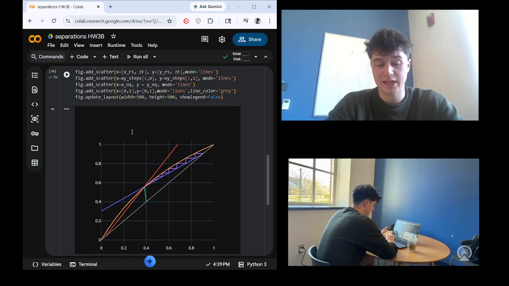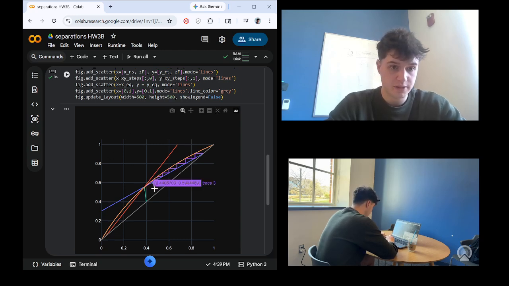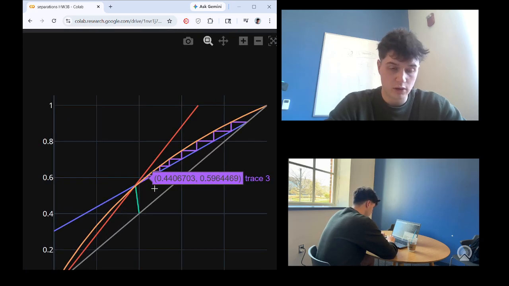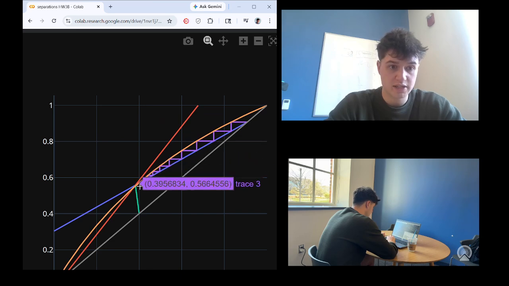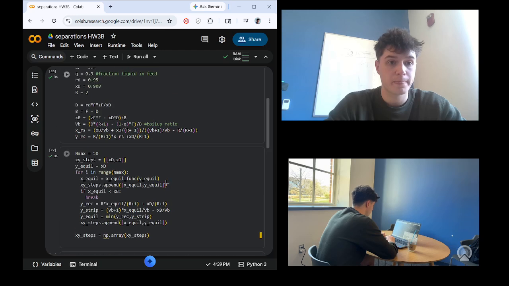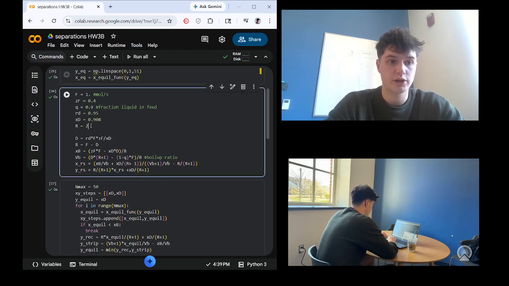Okay, so this is exactly what we're looking for. You can see these step functions. I'll zoom in a little bit, they are not going to go past this orange rectifying line, because that's just not possible. So these steps will get smaller and smaller and smaller, and then once it hits this intersection, it's not going to go past that. So now that we've switched that to 2, we're going to look at our reflux ratio,